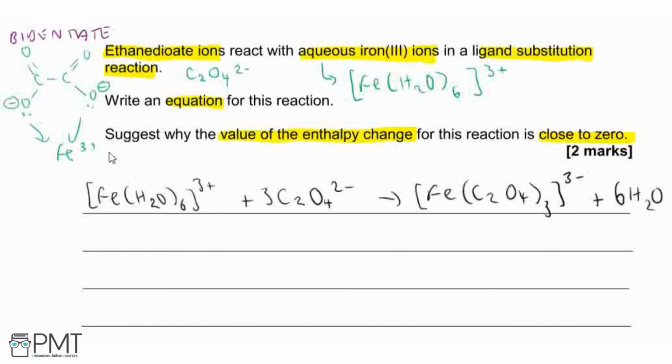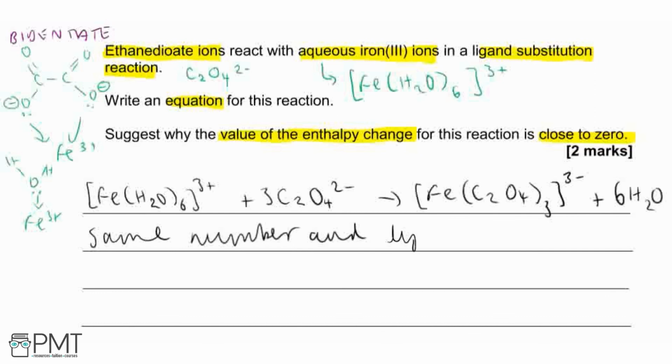And in our hexa-aqua complex, again, it was the water with the lone pair on the oxygen. Therefore, it's the oxygen forming that coordinate bond to the ion. So we've got iron-oxygen coordinate bonds in both of these complexes. So therefore, the reason why the value of the enthalpy change of reaction is close to 0 is because we've got the same number and the same type of bond